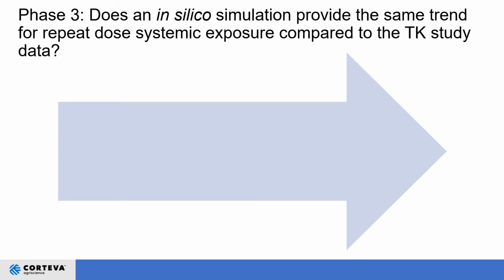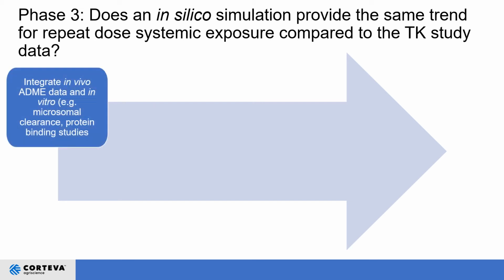The in silico data are consistent with trends observed for experimentally generated data, so this type of approach can serve as an initial assessment of species TK differences. However, as we consider the use of PBTK models in the future for repeat dose exposure simulations, the in vivo data could also be integrated along with the in vitro data for use in PBTK models.